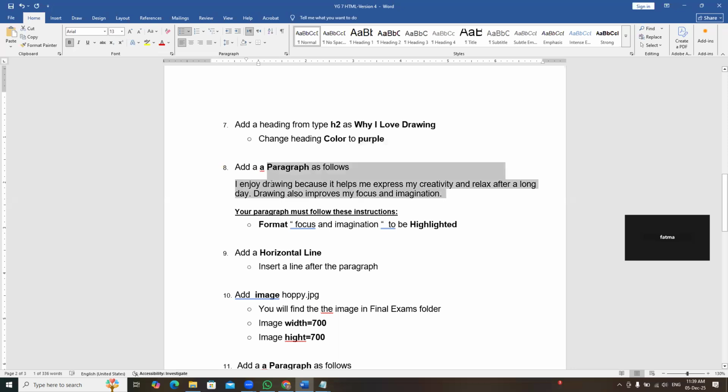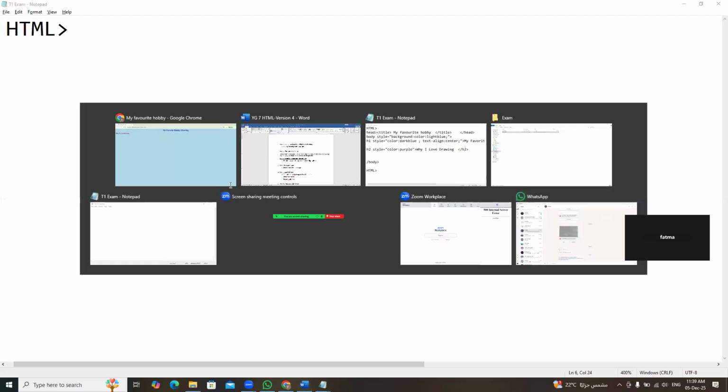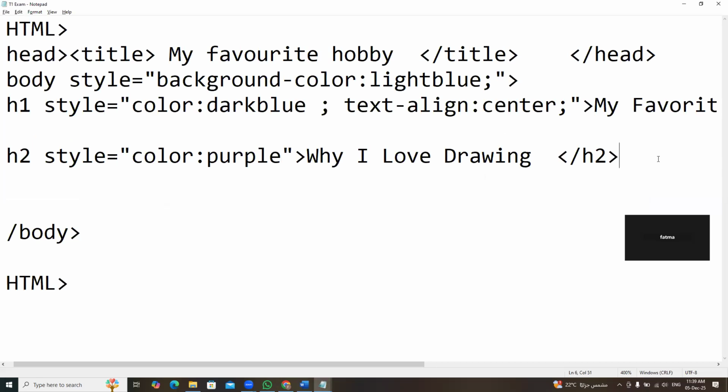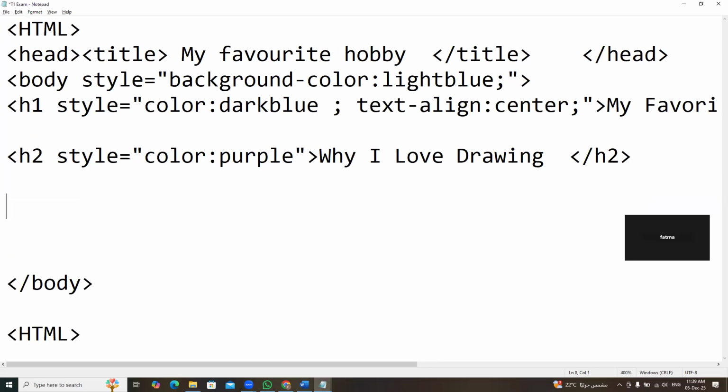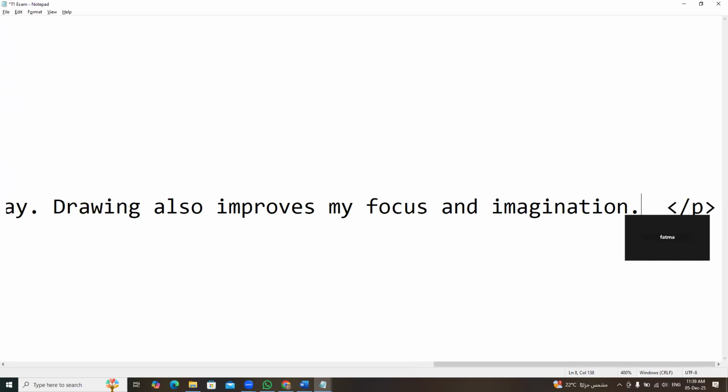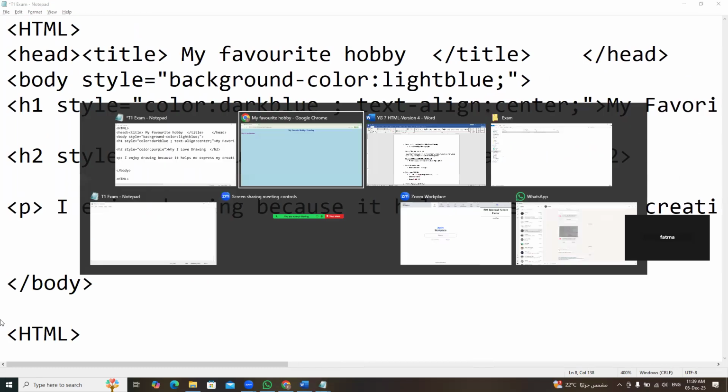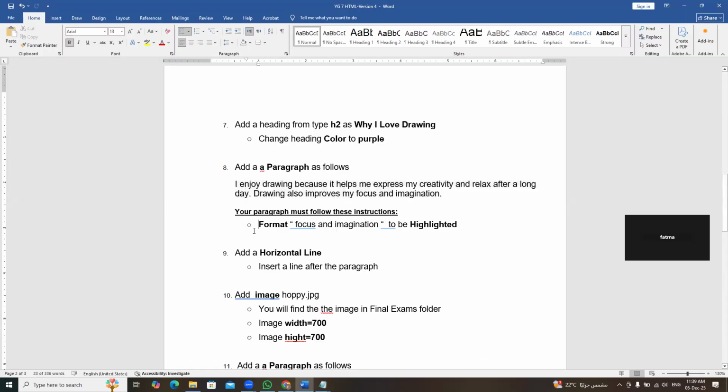In the exam, I'm giving you the text. Instead of wasting your time typing, you're just going to copy and paste as I'm doing now. To have a paragraph, we're going to write, just take an enter, P open and P close. Inside P open and P close, you're going to add your text. Again, do we have to add any formats? Yes, we have to